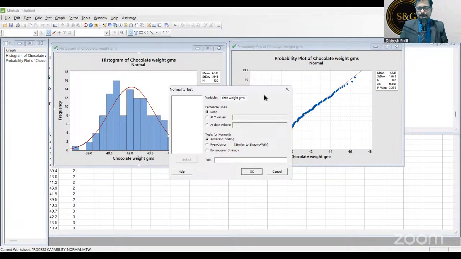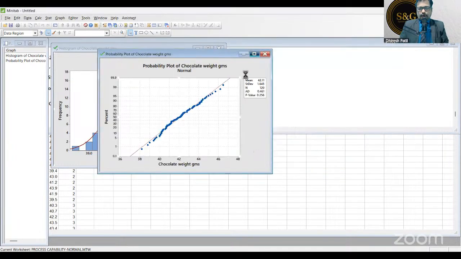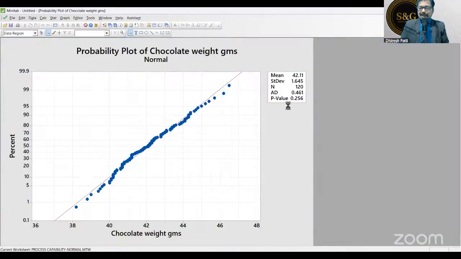That's all we have to do. Okay. And you will get this plot. Okay. Now try it and see. Once it is done, then just give me done in the chat box. Okay. First write this down on your note and then you can just follow the procedure. P value will be 0.256. Now this is a confirmation that the normality test is done.